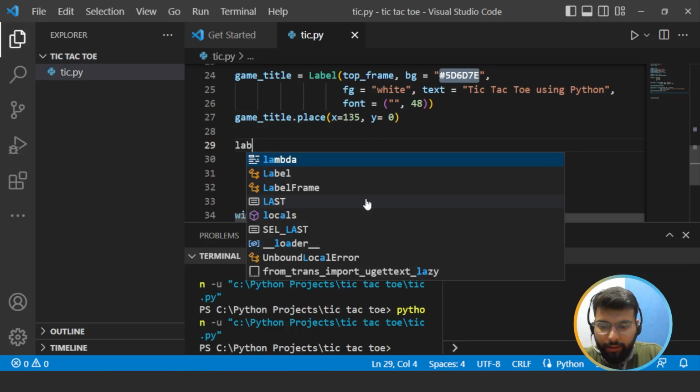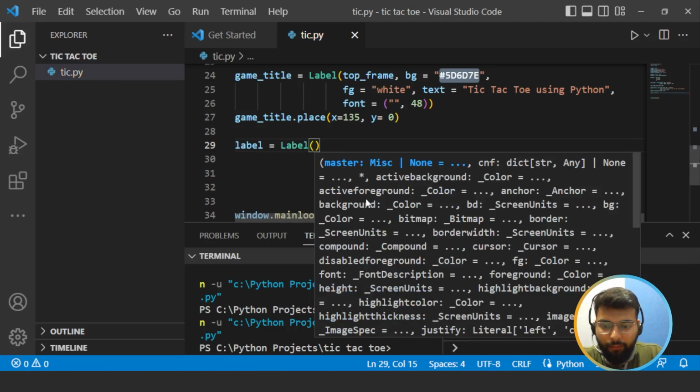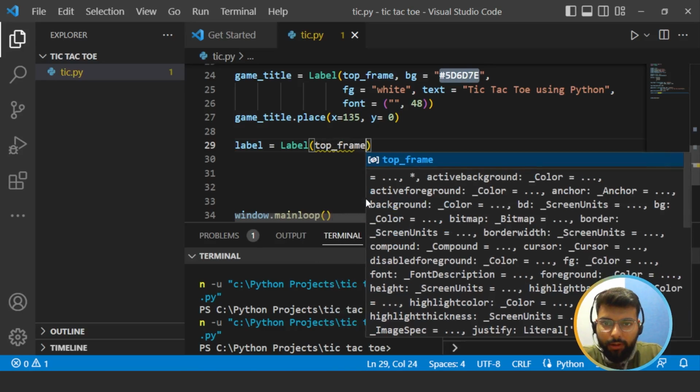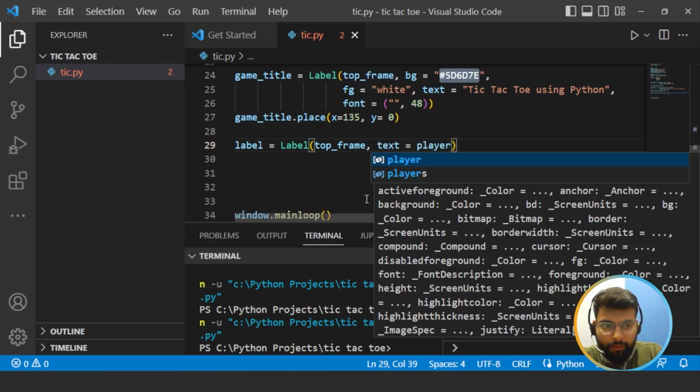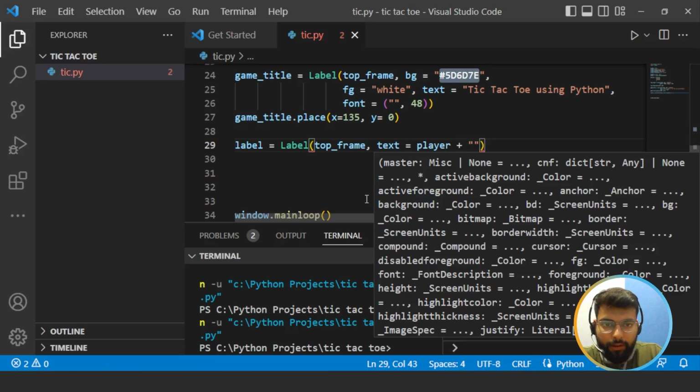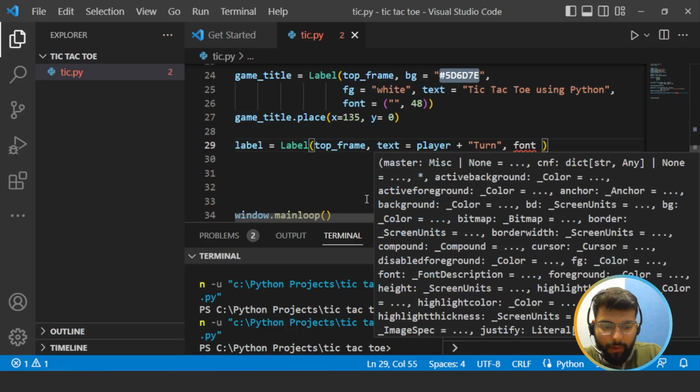So for that we'll create a label and use the label widget inside the label variable only, and we'll pass top frame because we want this label on the top frame only, and we'll set text equal to player plus turn it is, and now we'll set the font, and that would be equal to, inside the circular braces we would name the font Arial, and we have to place it in inverted commas, and now we would set its font size, that is 30,